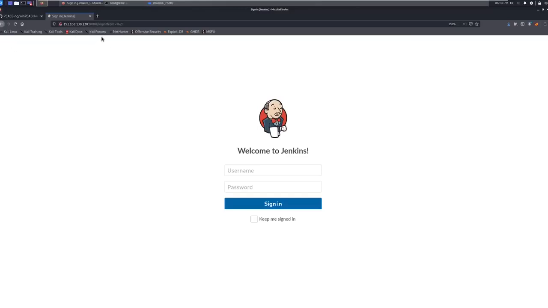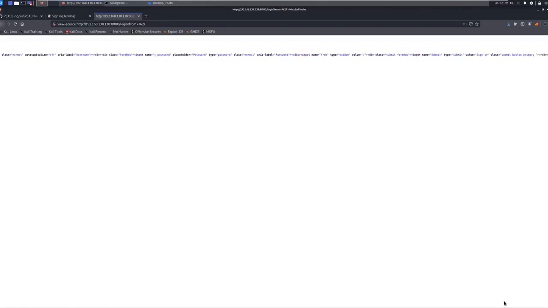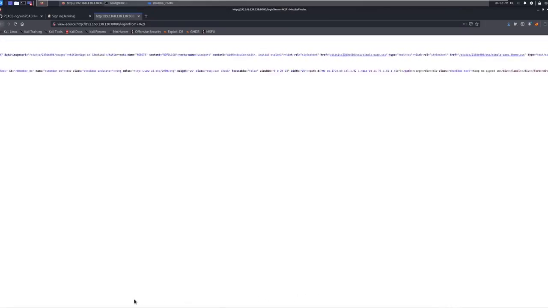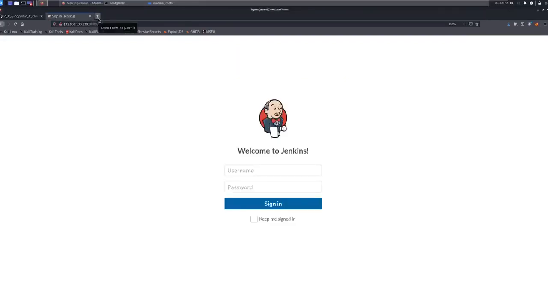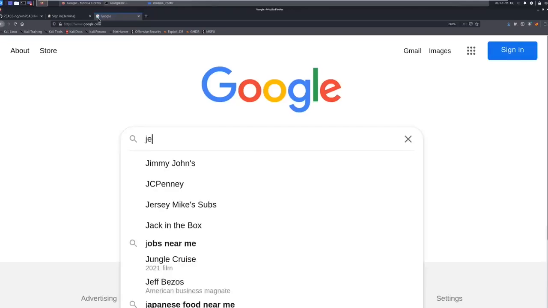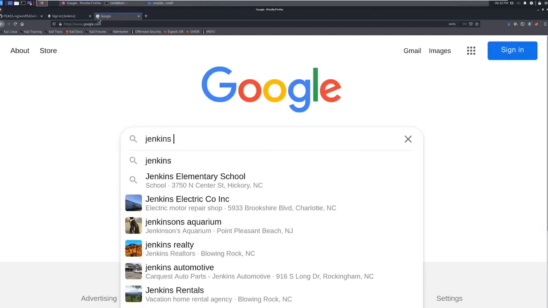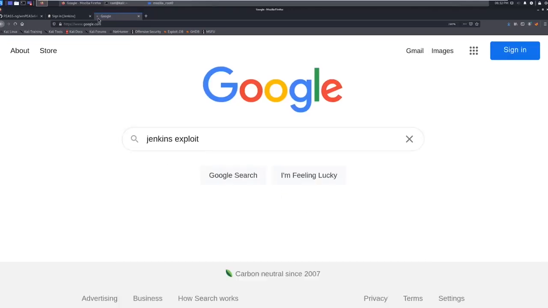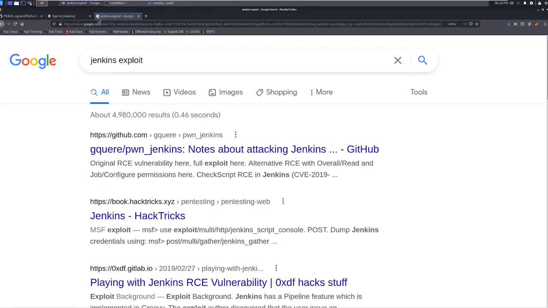There are a few things that we can do here. We can try to do some brute forcing. We can look for directory busting. We could try to do a view page source real quick and see if there's any information in here that might indicate what version we're running, and see if there's anything in here that we can get maybe an exploit off of. And really, there's not going to be much. We could go to Google and do a quick Jenkins exploit search